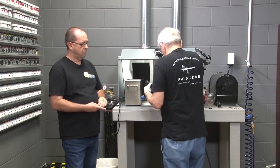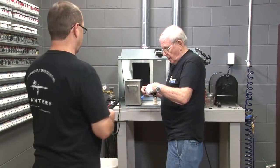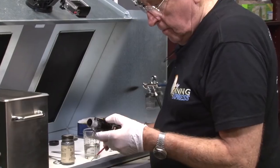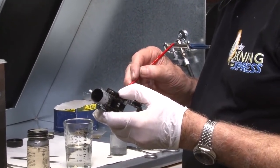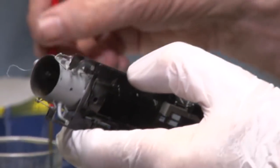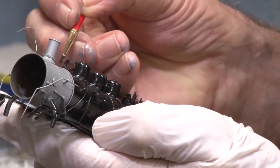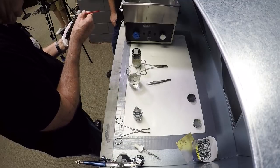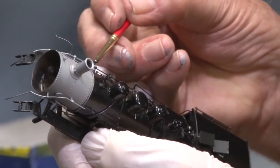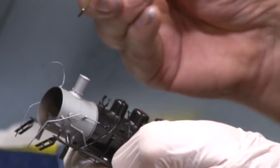Okay, if you want to get me that red brush that I cleaned right there with the screwdrivers. What I'm going to do, you can see there's a little bit of overspray there. And so this is naphtha you're using, right? No, I think that's xylene. Whatever it is. Now, if you'll notice, I got a little bit of paint on the boiler band. Yeah, this is xylene in here. But now, if this was bad old paint, sometimes the xylene will remove it. And that's why I like to use